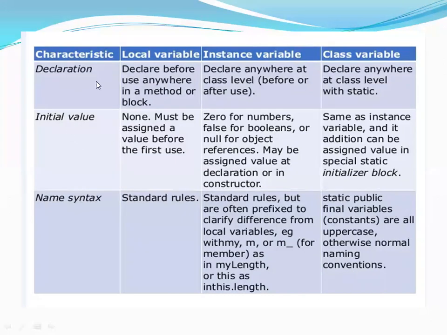See, declaring is clear. If you want to define a static variable, you create it with the static keyword and define it. Declare anywhere at class level: whenever we define at class level, whenever an object is created, it will come. Declaring at method level, inside the method, we are going to declare. This declaration part is clear, right?